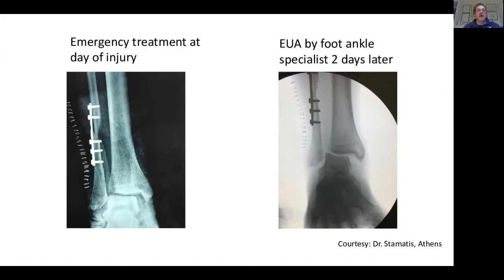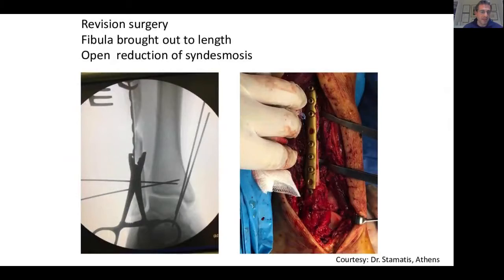That was the reduction of the fibula, and a few days later he sought a second opinion. My colleague did not even do an EUA; he took the patient out of the cast and did an X-ray with the image intensifier. And that's what's happening there. So we have a short fibula, malrotated, torn interosseous membrane and syndesmotic ligaments, and a torn deltoid ligament that was an open injury on the medial side.